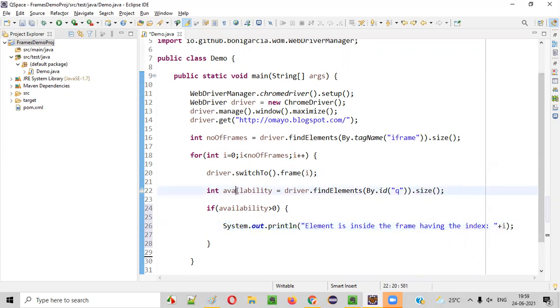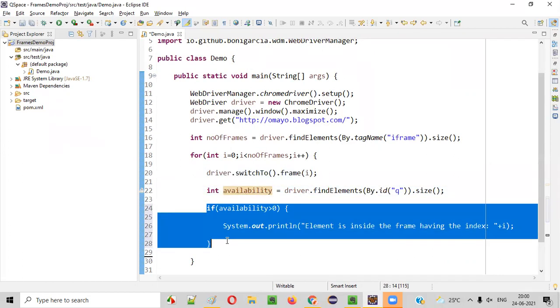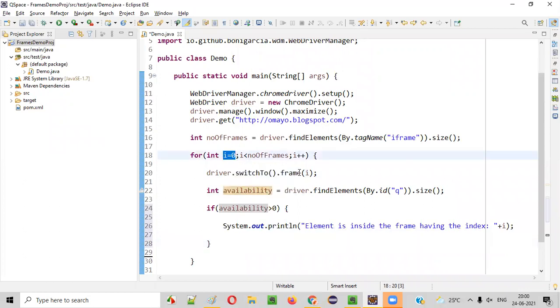If the size is returning 1, this will happen, guys. For example, in the first iteration when i is equal to 0, frame of 0 will be assigned. In that frame, let's say this element is not available, so you'll get 0. Is 0 greater than 0? No, so this will be skipped. In the second iteration i becomes 1, so we switch to frame of 1.